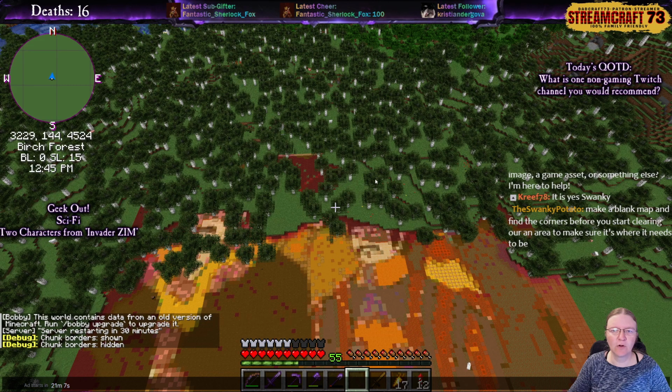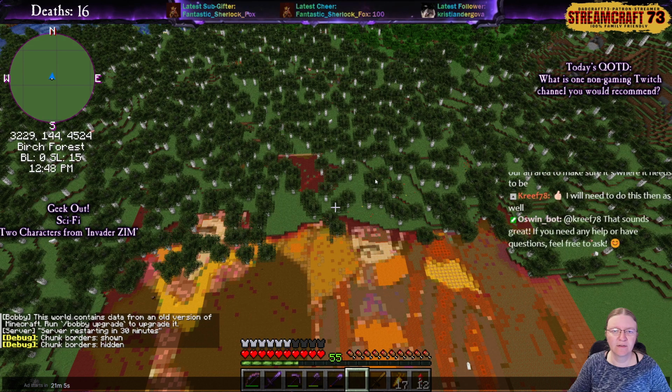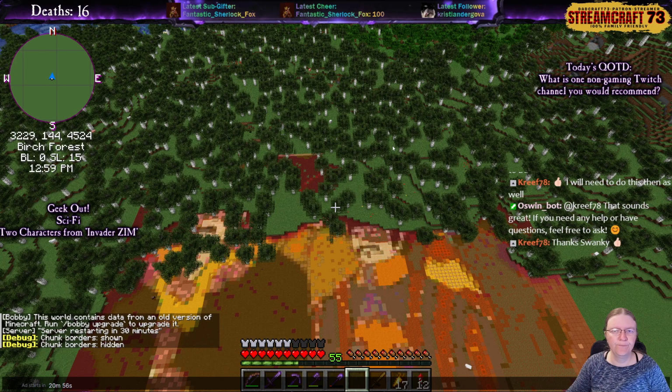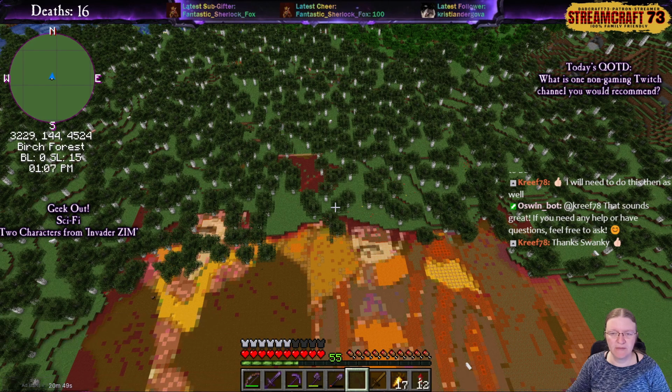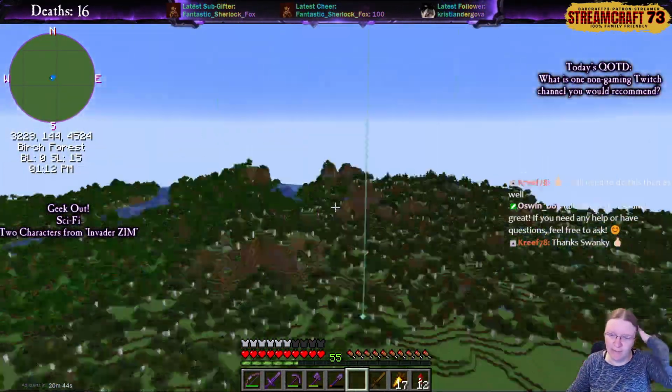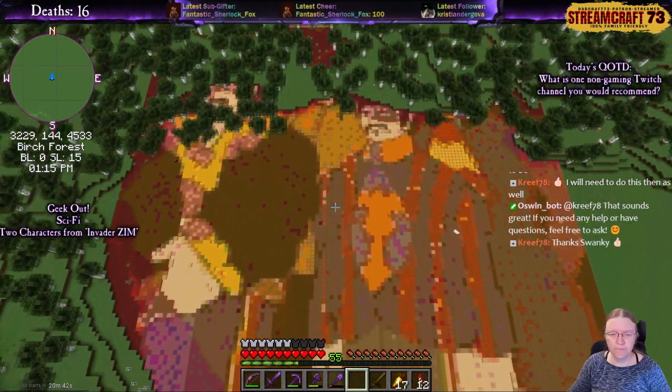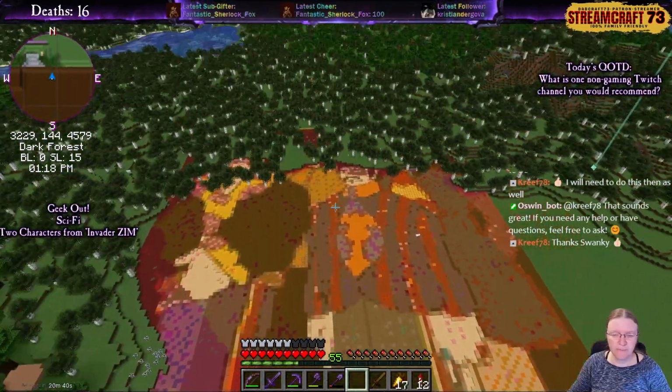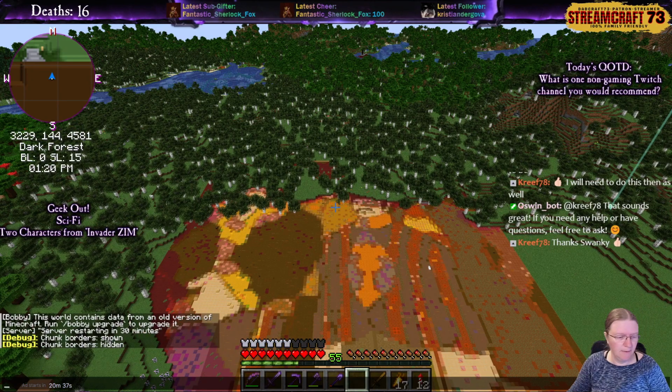Make a blank map. Find the corners before you start clearing. Ah, okay. So in other words, map art's only a Java thing. Yeah, I'm going to use this one way or the other, so even if I don't have the right space cleared out, I'm going to use it for the statues and stuff, and those are definitely not a map art thing. That's one piece. I'm not going to have multiple schematics all at once, but you can see with the other things we were doing,